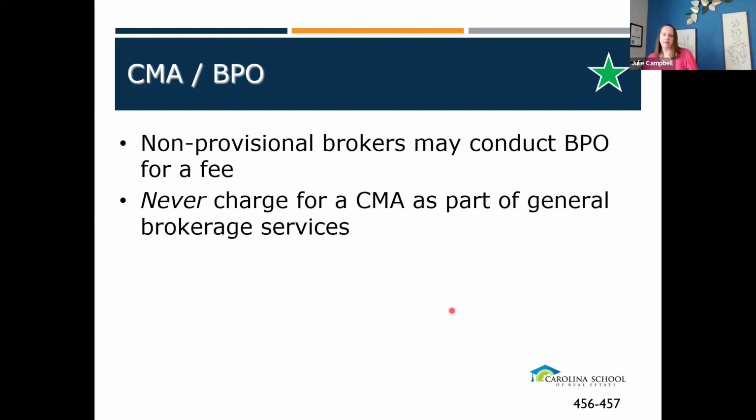A couple examples of who that outside third party might be. I used to work for a real estate firm that had a relocation company. And that relocation company was up in Connecticut. And those people in the relocation company in Connecticut had no idea what Winston-Salem looked like. None. They had no idea how to put a price tag on anything. Does that make sense? So if one of their relocation clients wanted to list, they wanted a BPO done so they could help that